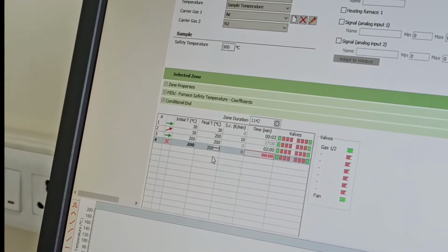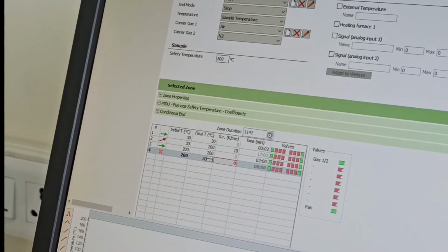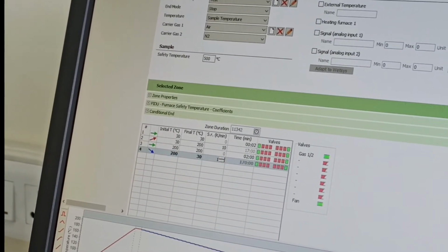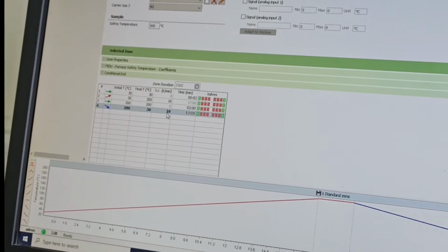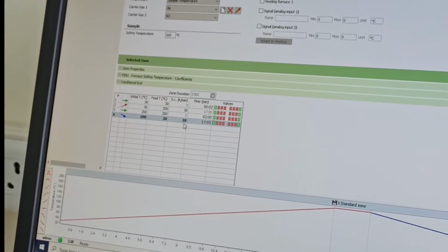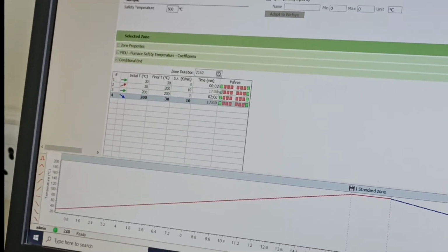So let's say from 200 you want to cool down till 30 degrees Celsius. Let's say you want to have the same cooling rate. You can have a different one, choice is yours. So you can have a different heating or cooling rate. Currently we are putting the heating and cooling rate as 10 Kelvin per minute, and based on that you can say the total time needed for this system is